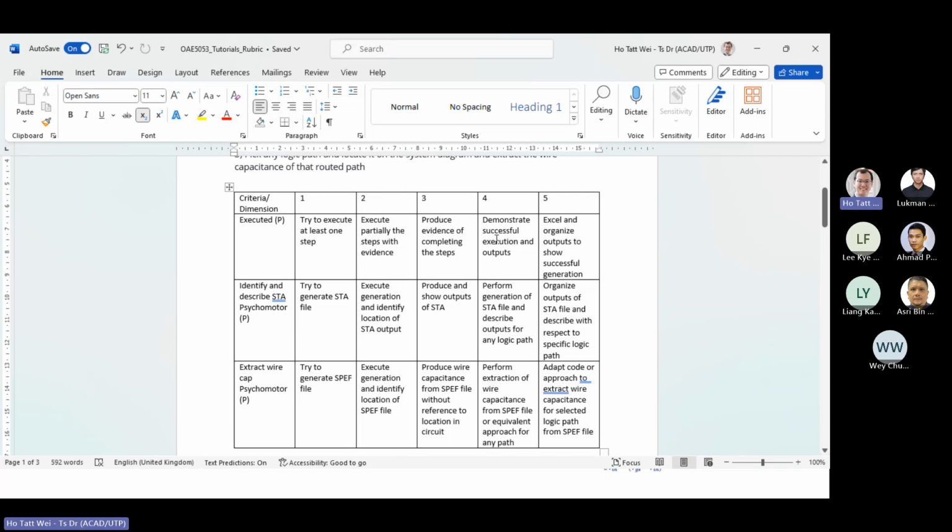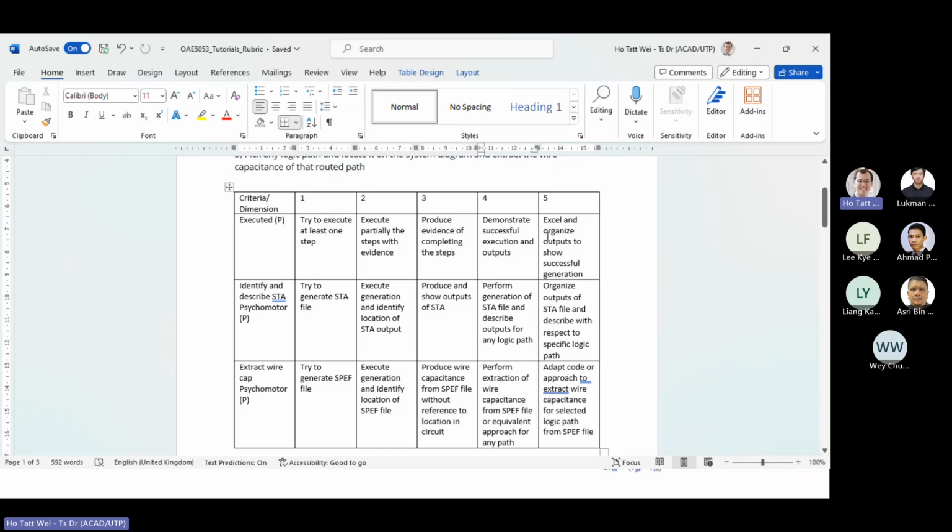But if you demonstrate successful execution outputs, you actually show me that, okay, these are the outputs of the files and all that, because my criteria here is I actually want you to execute the tutorials and to understand, right? But if you just click and write the keywords, it means you haven't gotten deep into understanding it. So I'm just giving you 3 out of 5 marks.